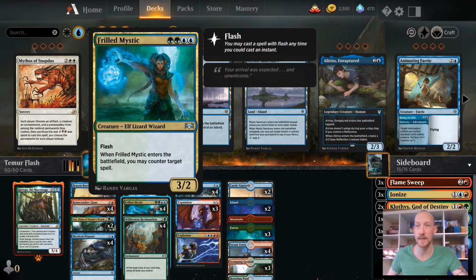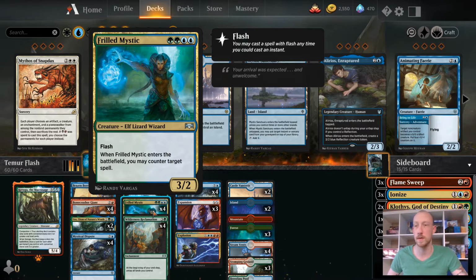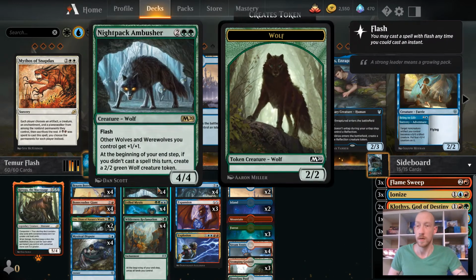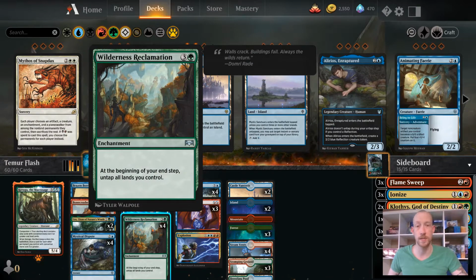So Frilled Mystic, yes, it's 4 mana. A 4 mana counter is not fantastic. But if I can stay in the game and interact and keep Teferi off the board, Frilled Mystic becomes very good. Being able to counter and put a 3/2 body on the board is a great way to tempo our opponent. So this is really our tempo package,